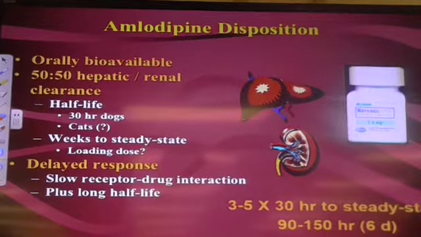And we saw this with behavior modifying drugs as well. So amlodipine doesn't work fast. You're going to have at least about a week to steady state, and then you're going to have a little bit more time until the body finally adjusts to the maximum effect. So bear that in mind. Be patient. As you're titrating to the animal's response, be patient so you don't get them in trouble.